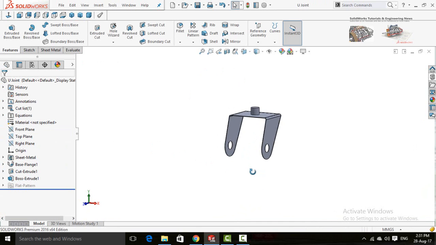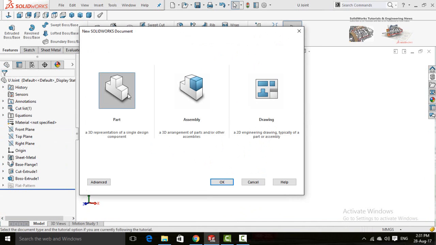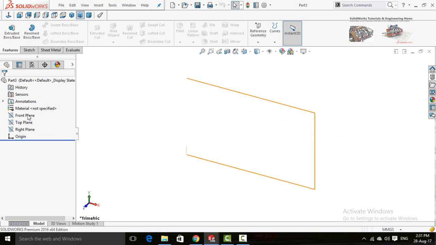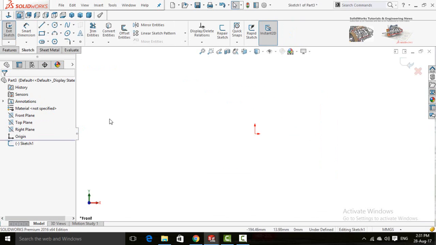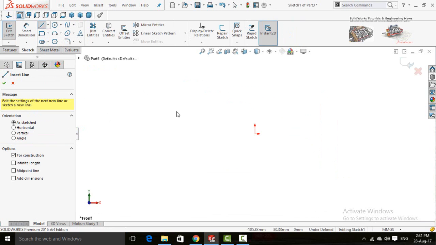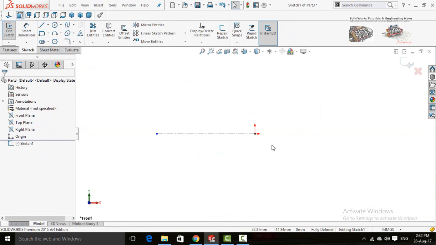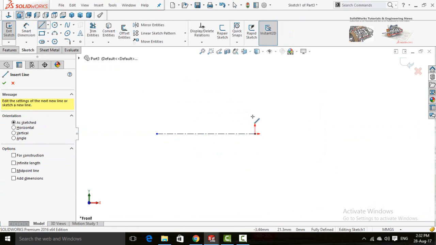Now let's make a wheel. So create a new part and sketch on front plane. Select the center line and draw it from origin. Now draw a line.